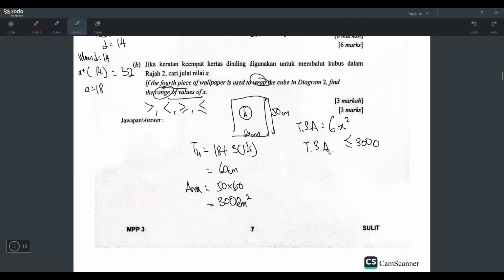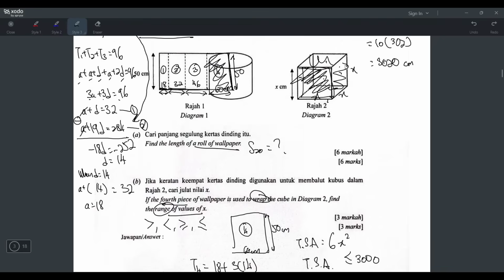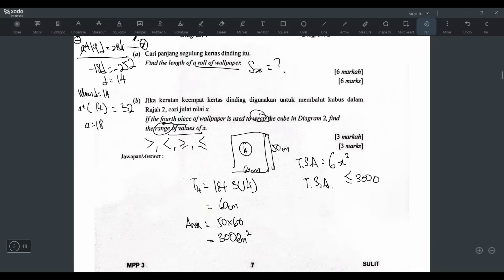Your total surface area has to be less than or equal to 3,000. You know why? Because the total surface area of the cube should be less than that, because if it's more than, then the paper cannot wrap already. But they say here the fourth piece of wallpaper is used to wrap. So that means the area of the wallpaper has to be more than the area of the wallpaper, which is 3,000, has to be more than the total surface area of the